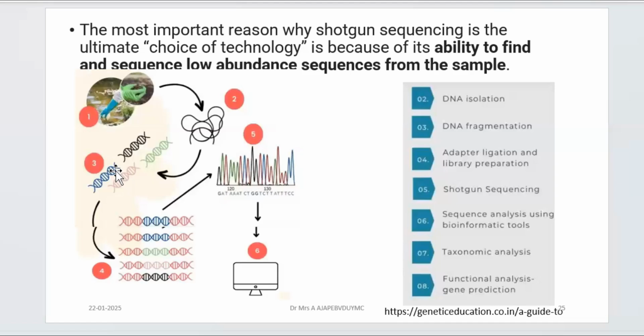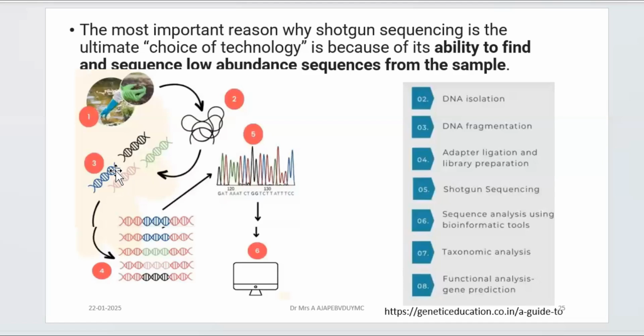So the marker gene specifically: you are looking for the presence of that gene in a given sample. You want to find out what different types of bacteria are there in that rhizosphere soil and are contributing to nitrogen fixation. That kind of study is one example I'm saying. But yes, like that, you can do the functional analysis for genes so that prediction studies can be done.